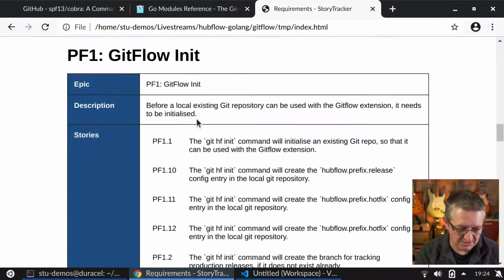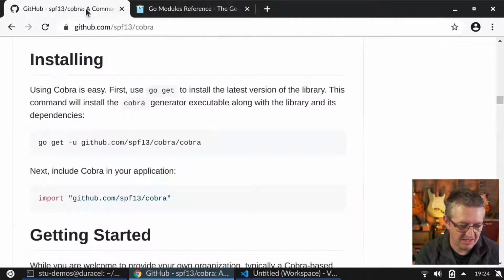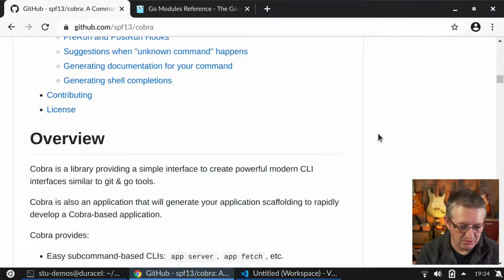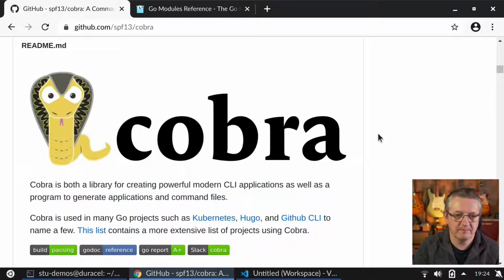So, browser first. I'm going to close that because we're not going to be looking at the requirements tonight. We're going to be using a module called Cobra. Let me just scroll up. Here we go. Cobra is the de facto standard for